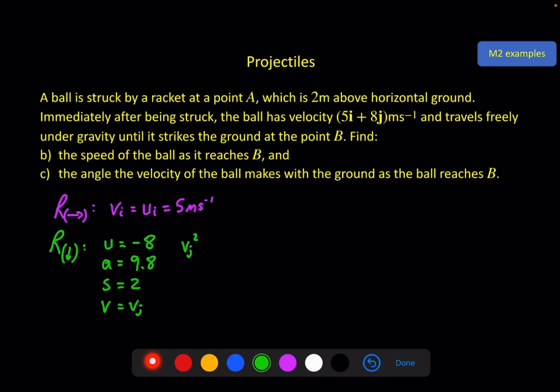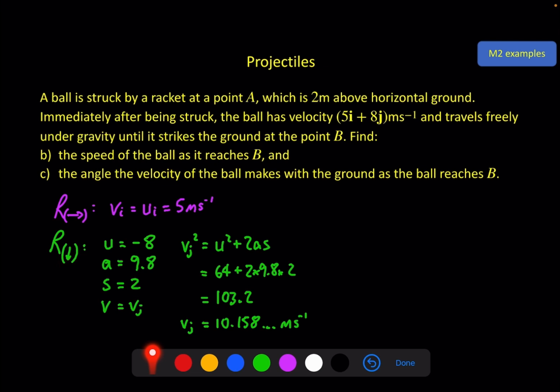So v squared is equal to u squared plus 2as. That gives us 64 plus 2 times 9.8 times 2 is 103.2, and then square root that to give 10.158... meters a second. And that also is acting downwards. We can see by the fact that it's come out as a positive number downwards. So if we've got 10.158... going downwards